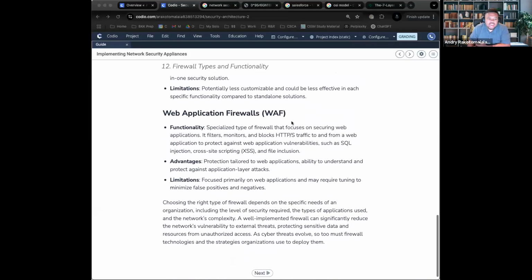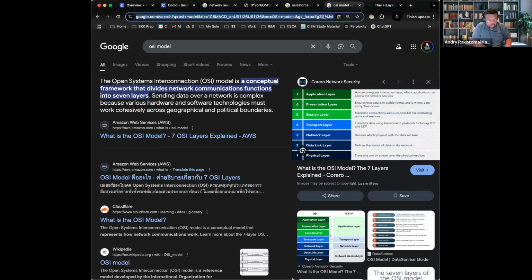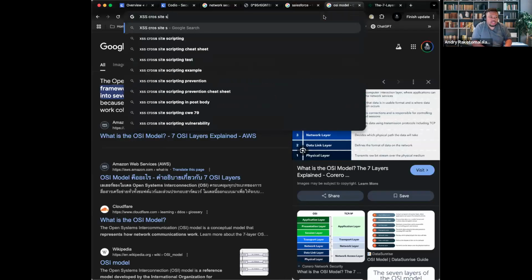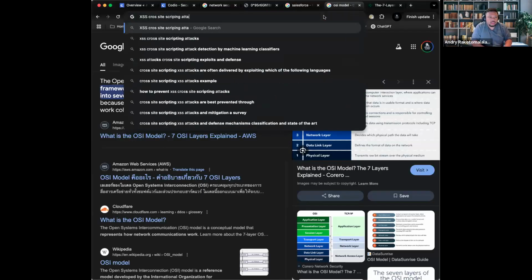And the last one is Web Application Firewall, so a WAF. So that means that it protects the web applications, so on layer 7, from attacks that are specifically like SQL injection or XSS. So XSS, that stands for a cross-site scripting attack.